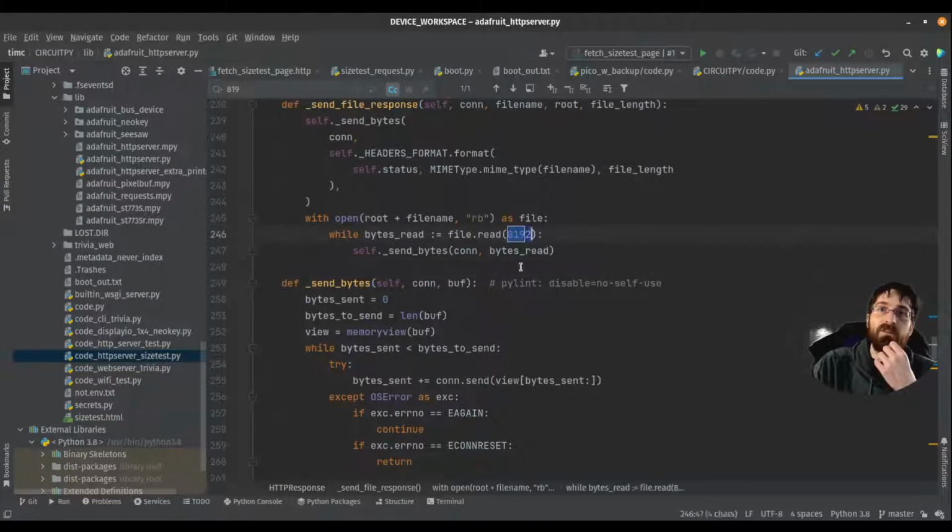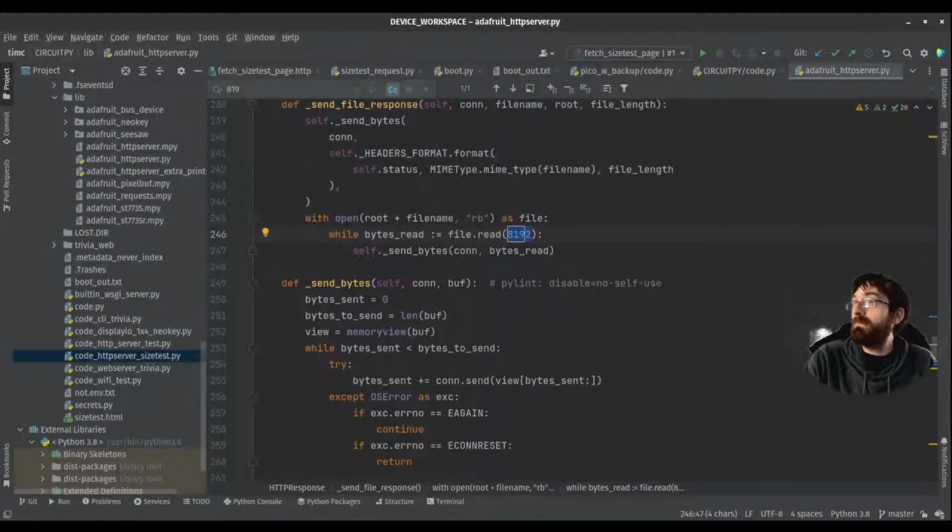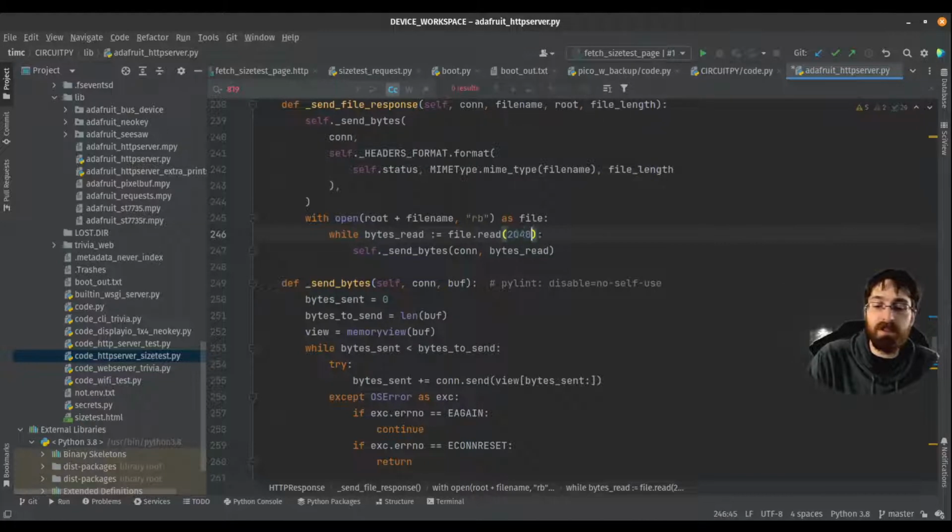So if sending 2921 bytes is a problem, and we're sending less than 2921 bytes, we should be okay, because we could send one chunk and then send another chunk afterwards. Maybe. I say that sort of matter-of-factly, but it's certainly a hypothesis, not a definite. Let's try that, 2048, because that's under 2921.